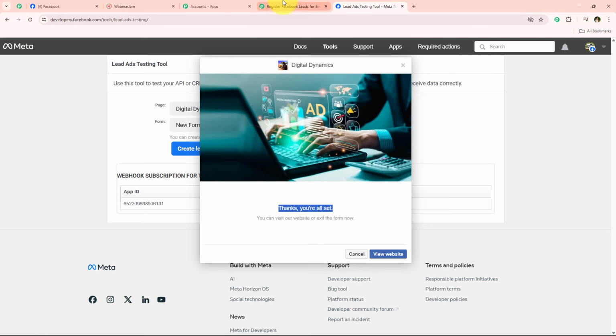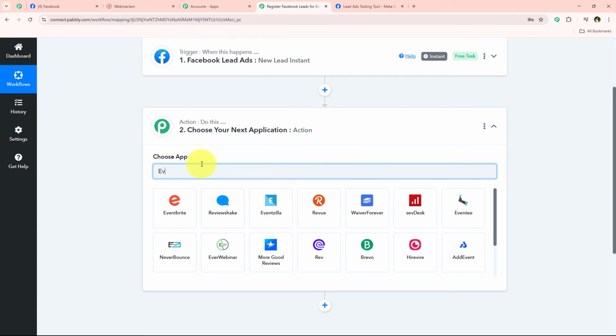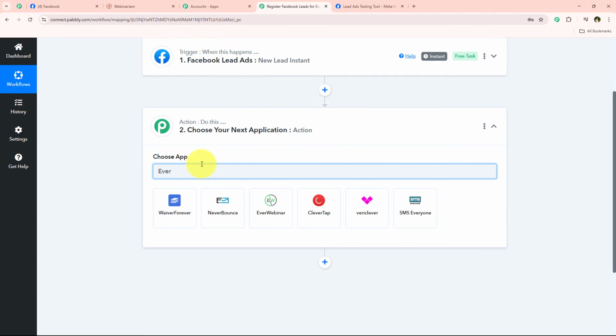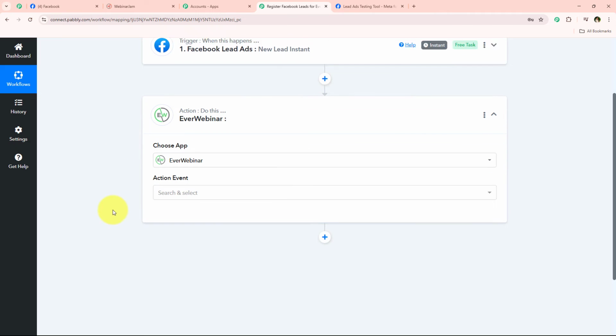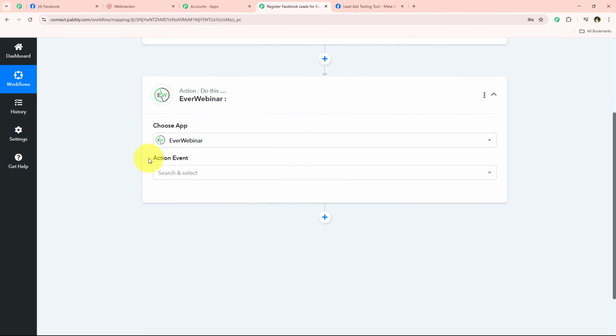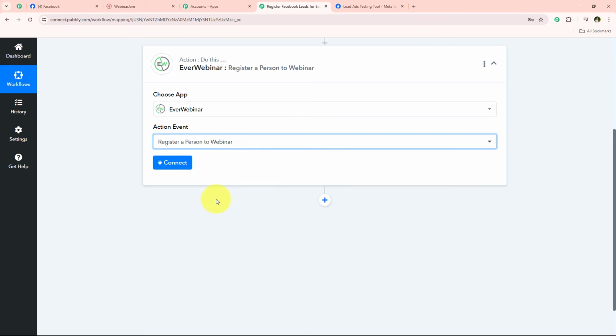Alright, so I'm going to go towards my workflow and select the action application as EverWebinar. As I've already let you know about the benefits of EverWebinar, I'll just suggest that you try EverWebinar for your own business too. It might be really helpful. Now for the action event, I'm going to select register a person to webinar